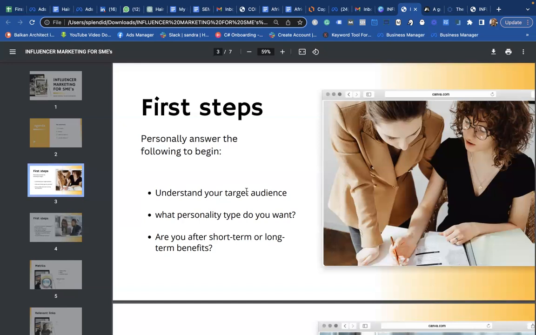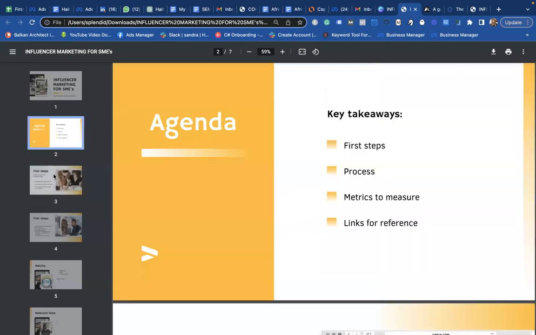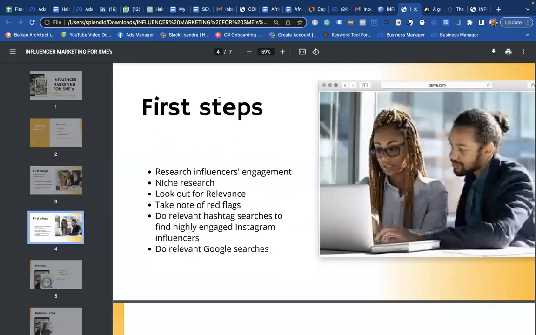Okay, so the next thing is the process. Apologies, I don't know why this has 4 steps, but the next thing is the process. Now, the process involves researching influencers' engagement. One thing I've noticed personally, just being in a marketing career, is that most people actually look at followers. It might be confusing, because you might think that people actually look at reach, but most people that I've seen actually look at followers. A clear example was somebody I was managing, where we made a plan on what influencers to bring in.